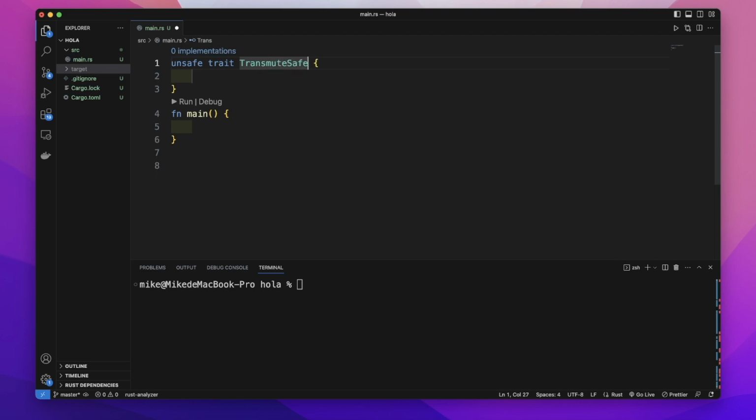TransmuteSafe, and let's declare a generic type parameter. Give it a name U. Let's implement this unsafe trait. We must use the unsafe keyword, then impl, and this trait name